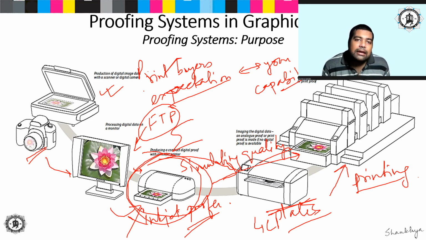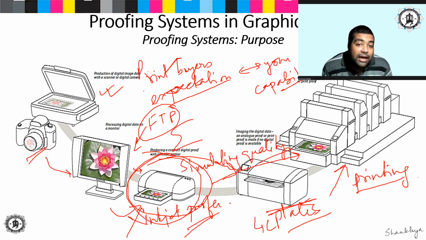So this bridge between the print buyer's expectation and your printer's capability is met or satisfied by the proof. If you show the proof to your print buyer and say, this is what we can deliver to you, if this is okay for you, we'll go ahead and print it, otherwise this is not possible for us. If your print buyer is happy with it, good. If he suggests some modifications or changes, you'll try to do it and get another proof, and show it to him again. Now if he's happy, you go ahead, you sign a contract, as I said earlier, and you go for the actual bulk printing using an offset machine or gravure machine or whatever.